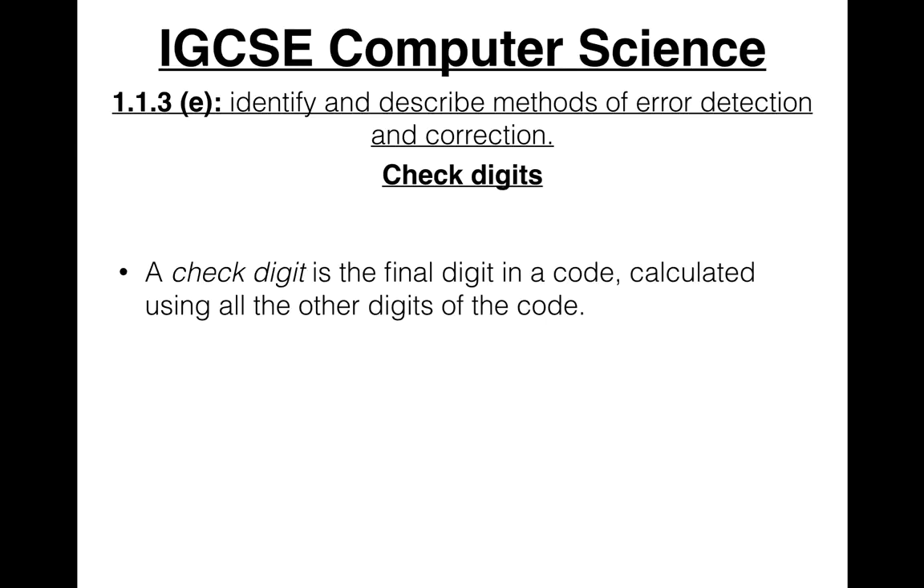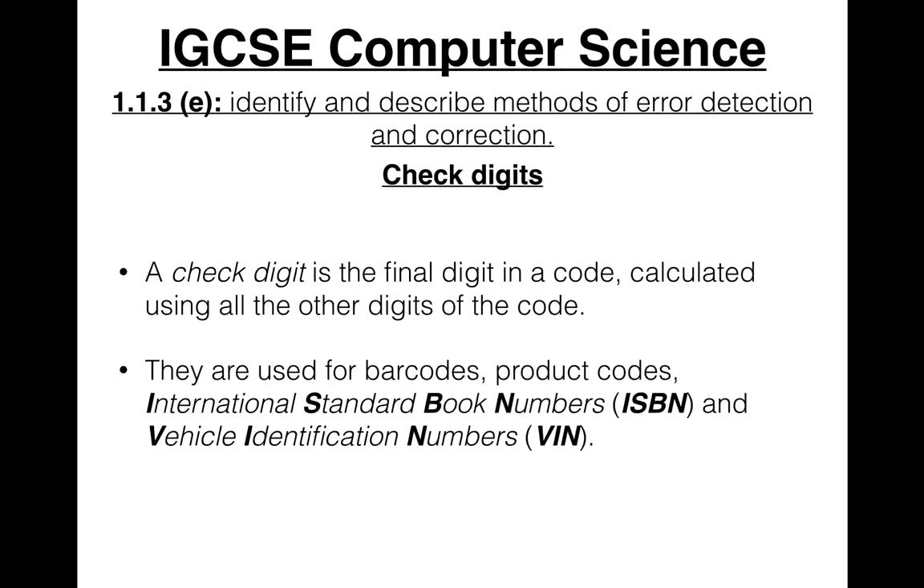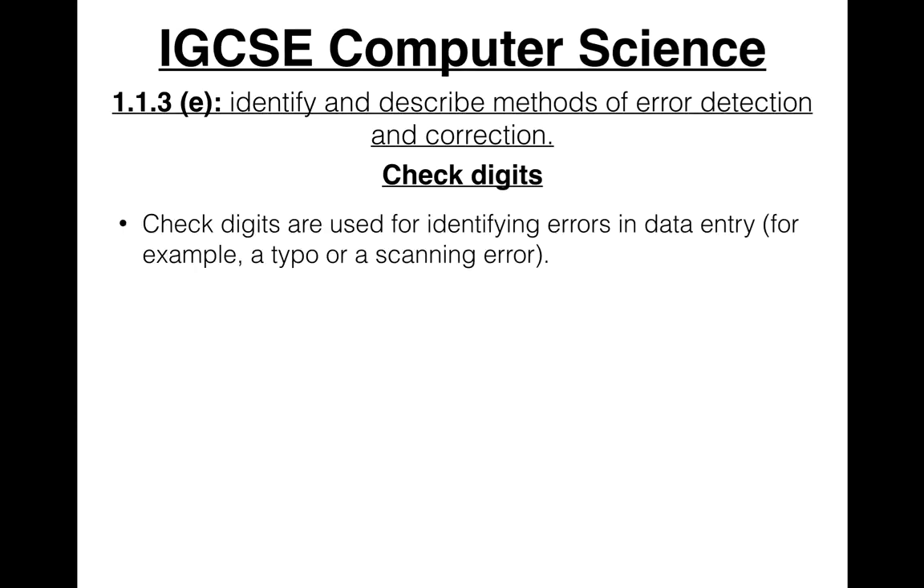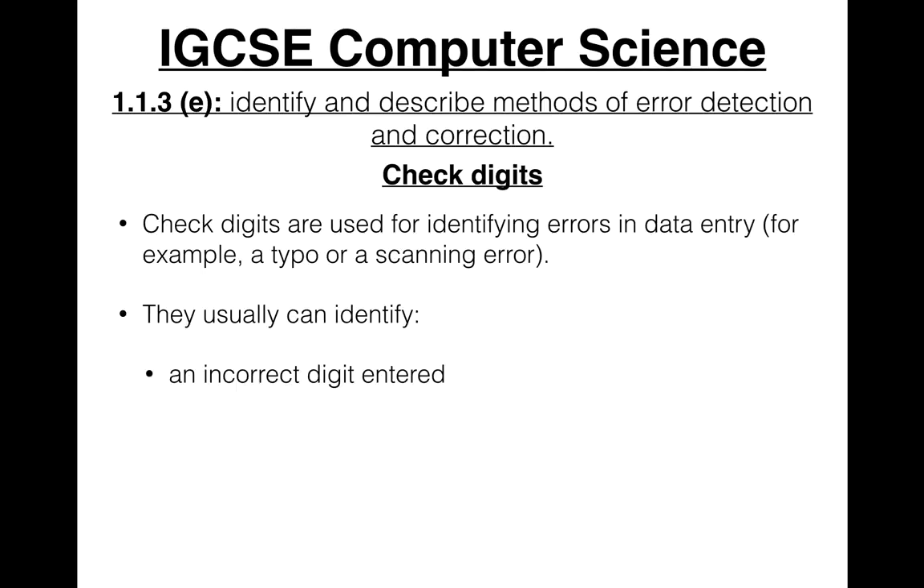A check digit is the final digit in a code, calculated using all the other digits of the code. They're used for barcodes, product codes, ISBN, and VIN. And they're used for identifying errors in data entry, for example, a typo or a scanning error. They can usually identify an incorrect digit entered,